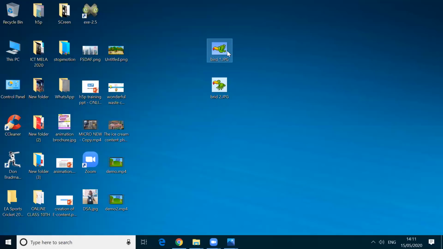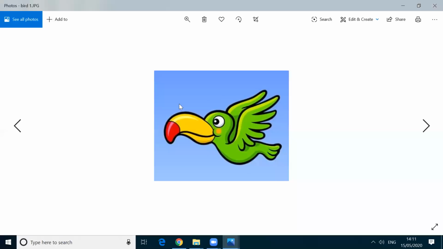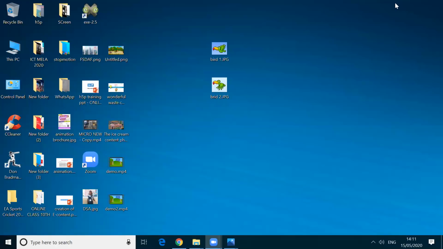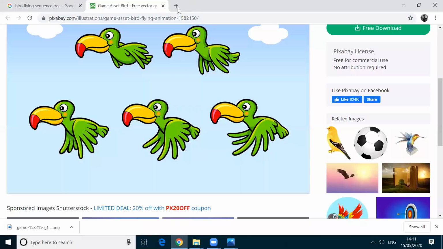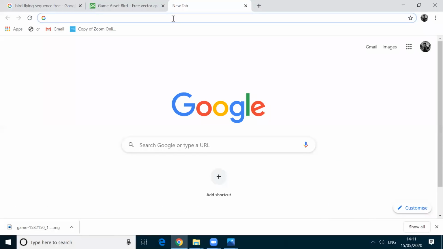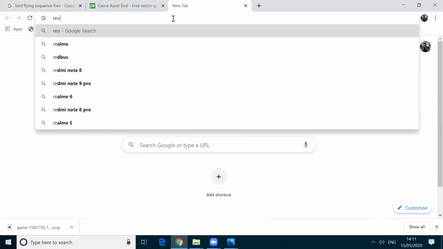Okay, now what I'm going to do is I am going to remove the background of this bird, this blue color. To remove the background, there is a wonderful website, remove.bg. Please note it down.